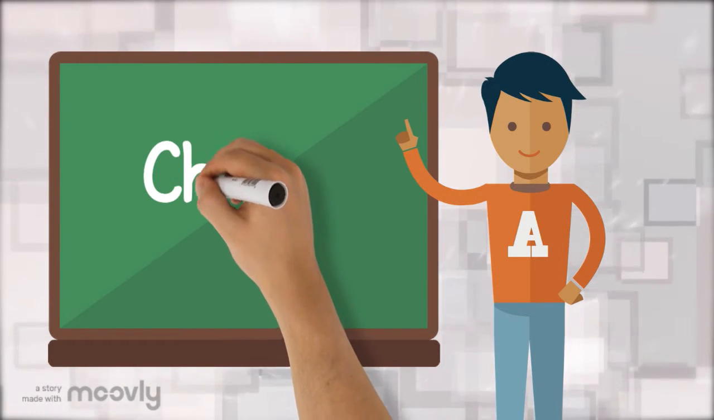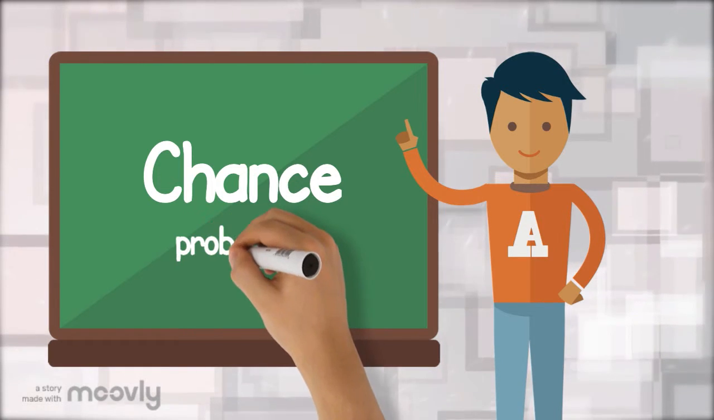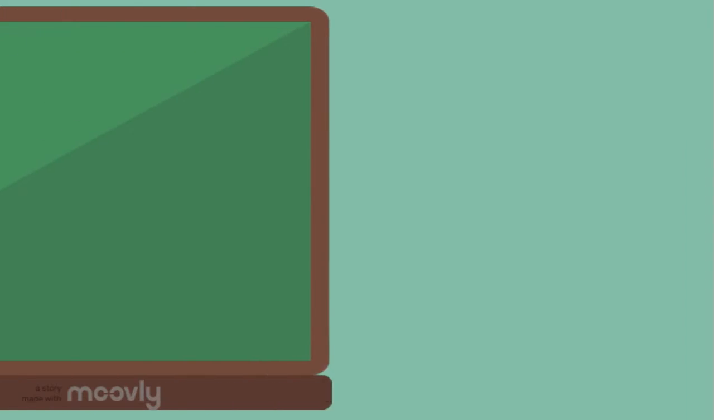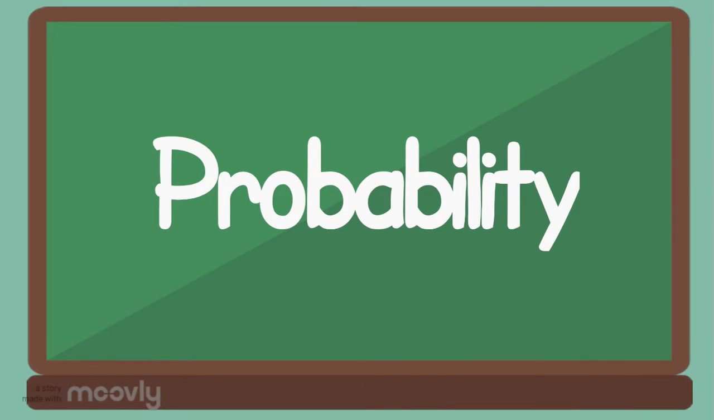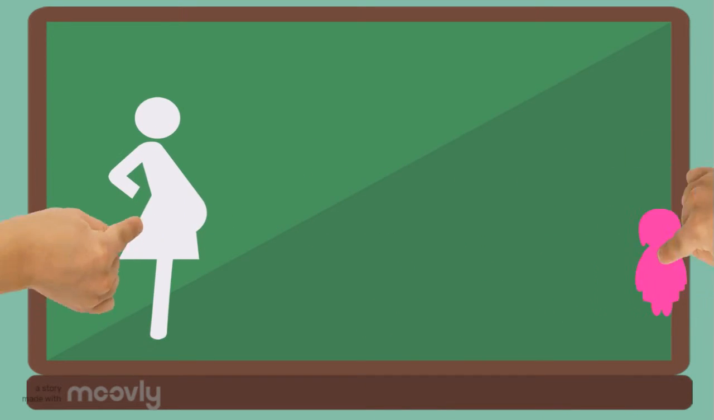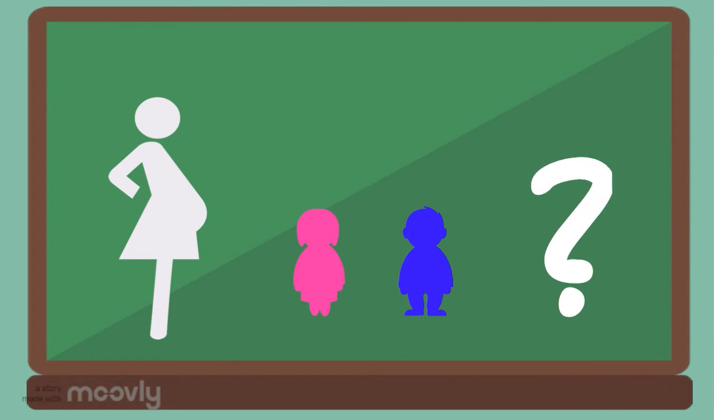This instructional video will focus on the mathematical concept of chance, more commonly known as probability. Probability is a mathematical measurement that is applied to events. In other words, it is the assigned value given to the likelihood of a particular outcome occurring in a random